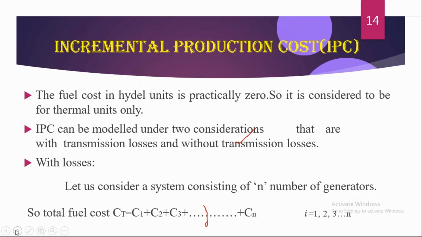Next, incremental production cost. So that's what we discussed now. Incremental production cost means that when generating power, we have to consider different parameters, that is, what the fuel cost is and what we have to pay the labor. These are all considered in the total cost of power generation. Now, if a plant consists of a number of units, we have to combine all units together. Then we can calculate the final total cost.